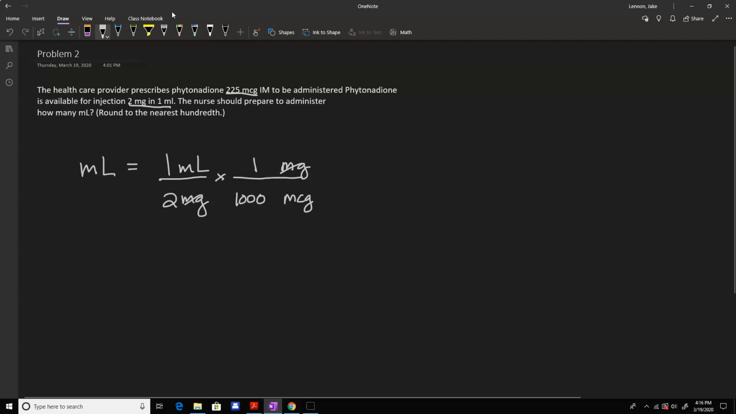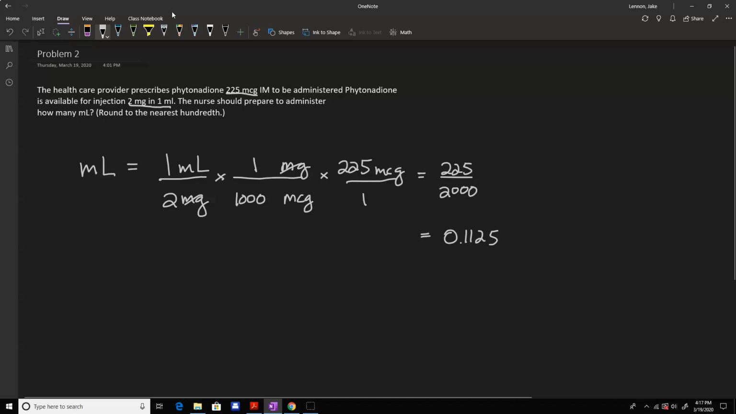Now I can use this ordered dosage of 225 micrograms. So I multiply by 225 micrograms over the placeholder of 1. And then again, I just multiply across: 225 over, multiply all the numbers on the bottom, 2 times 1,000 times 1, 2,000. Then I put that in the calculator, and it says round to the nearest hundredth, so that's 2 decimal places. So 225 divided by 2,000 comes out to